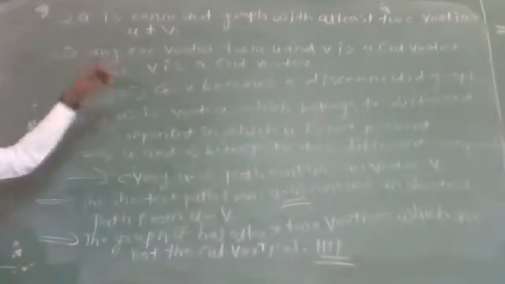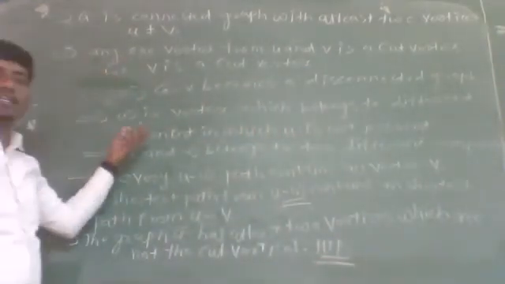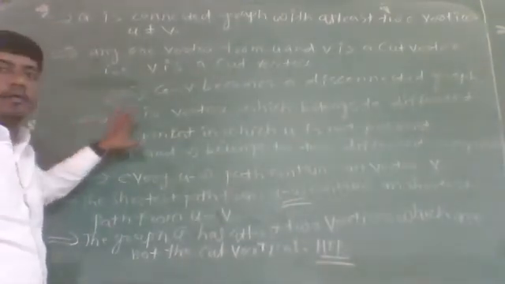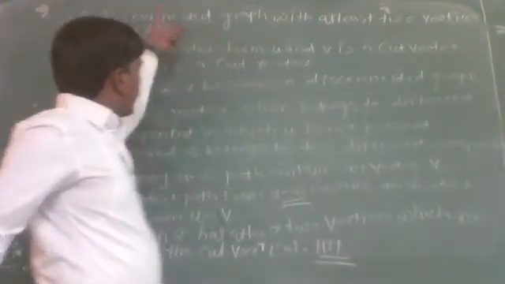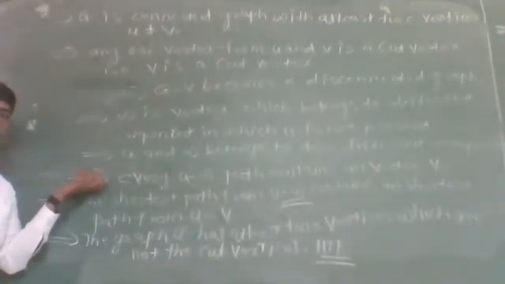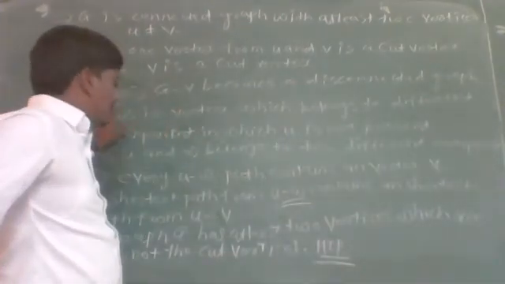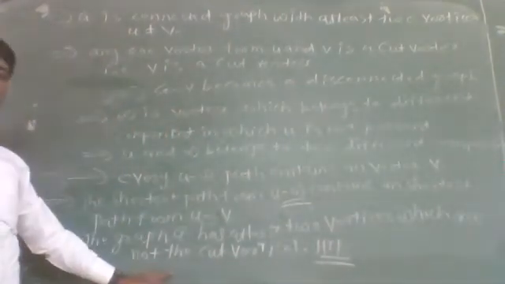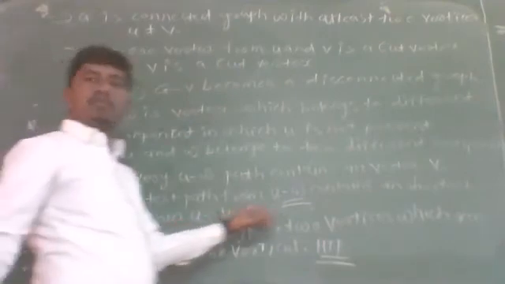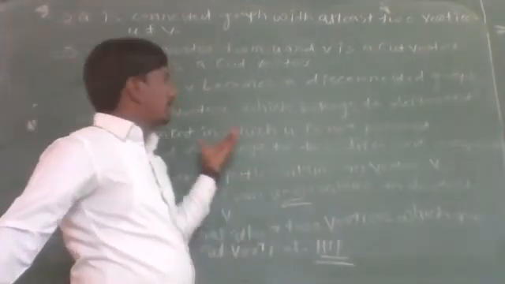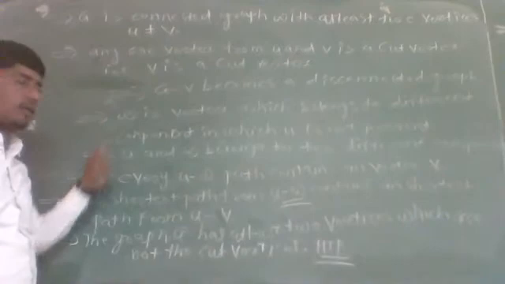In the previous lecture, in properties, the fifth property is that there is no graph in which every vertex is a cut vertex, and from this theorem we have proved that there is no graph in which every vertex is a cut vertex. That is, if we take any graph, then it has at least two vertices which are not cut vertices. Therefore, from this we conclude that there is no graph in which every vertex is a cut vertex, and hence the proof.